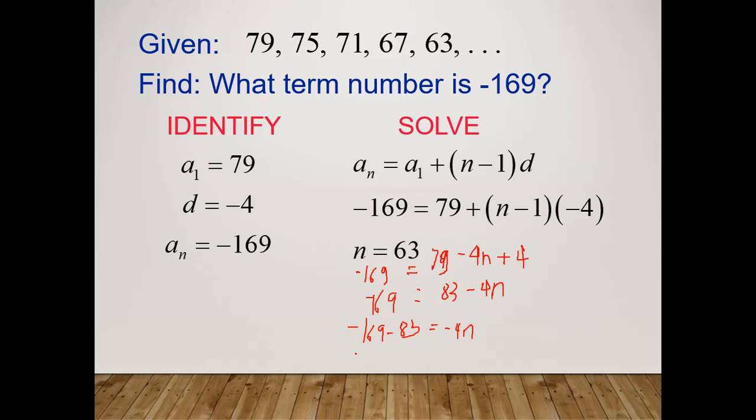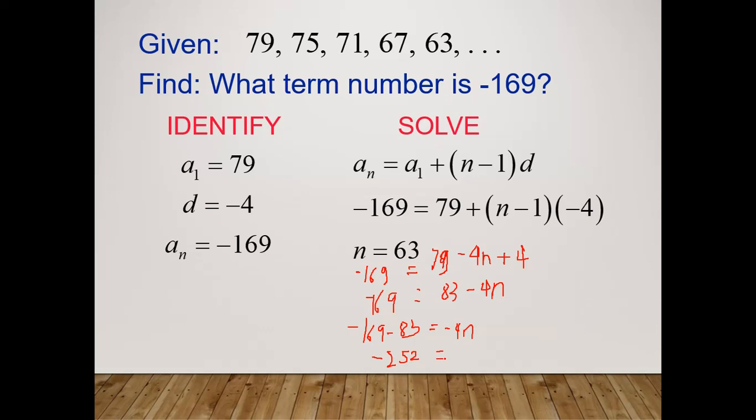So negative 169 minus 83. That is what? What is the answer? So we have positive 200, if I'm not mistaken, negative 252 equals,